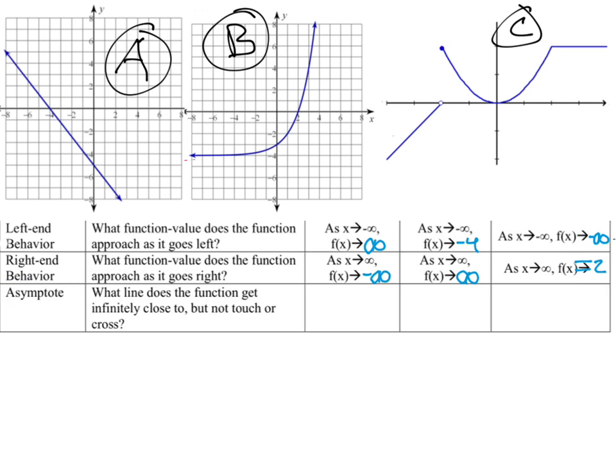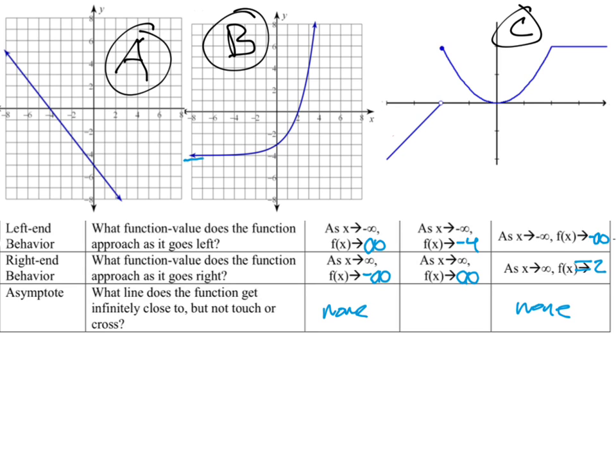So an asymptote is a line that your function gets infinitely close to. It keeps getting closer and closer and closer, but doesn't actually touch or cross it. And actually, most of the functions you're looking at do not have one of these. This does not have one, so I'm going to put none. This also does not have an asymptote, so I'm going to put none. But this one does. Remember how in exponentials, it keeps getting closer and closer, but doesn't actually hit it? That is an asymptote.